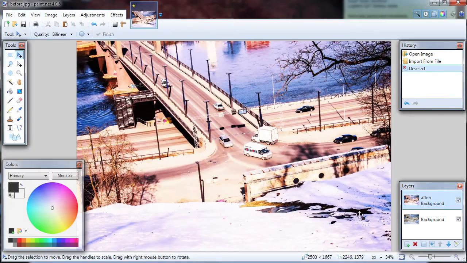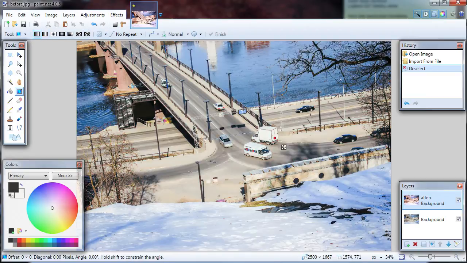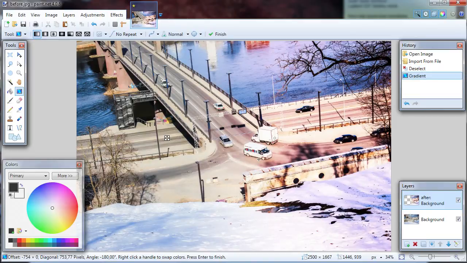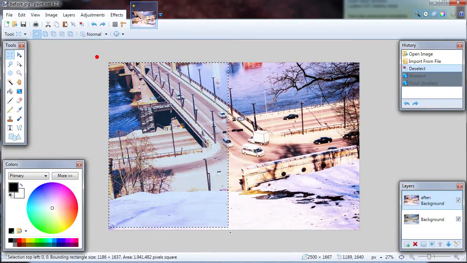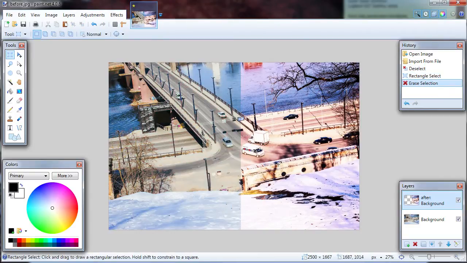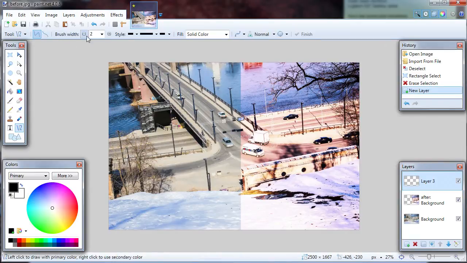Deselect. Be on the top layer and use the Eraser tool to erase any image part, for example the left side. You can also use the Gradient tool with transparency mode. You can achieve a transition look between those two images if you use the Gradient tool or Eraser tool with a very low hardness level. Or you can do it without transition. For this method, the best is the Rectangle Select tool. Select one side and hit Delete on your keyboard. Add a new layer and draw a line between those two images. To draw a straight line, hold left Shift while doing it.